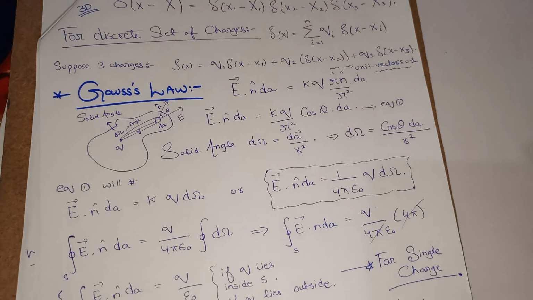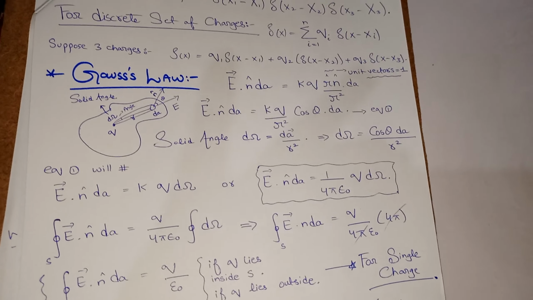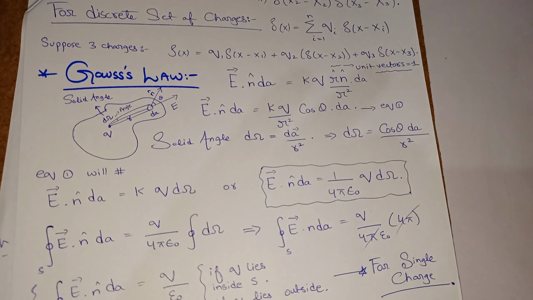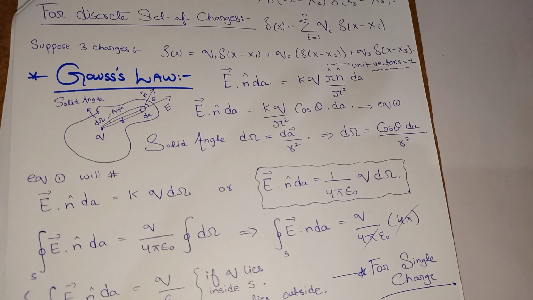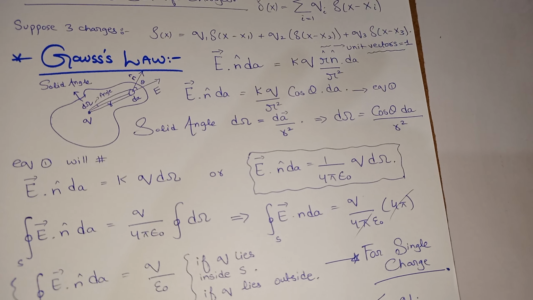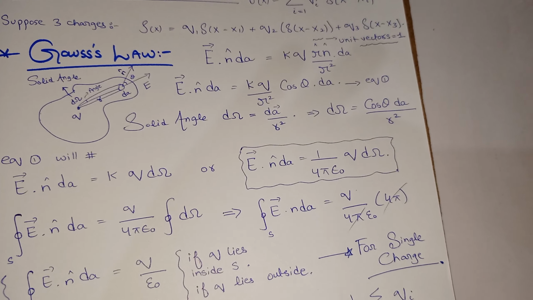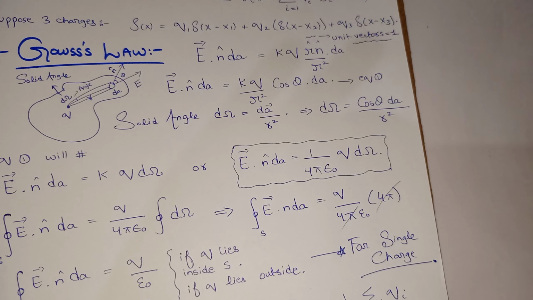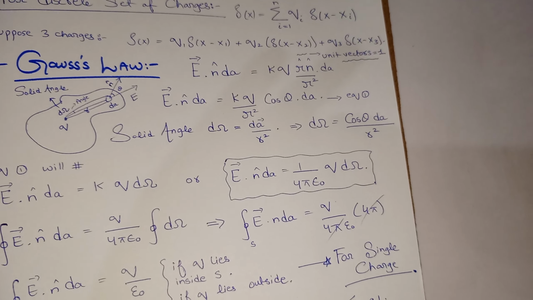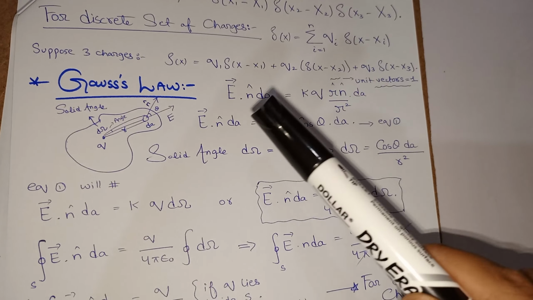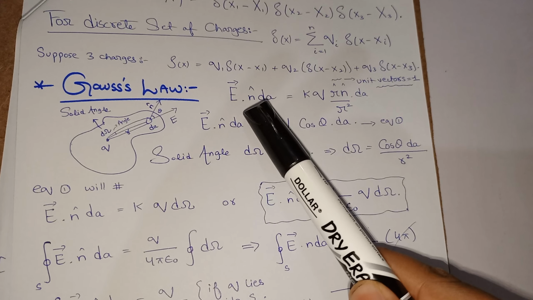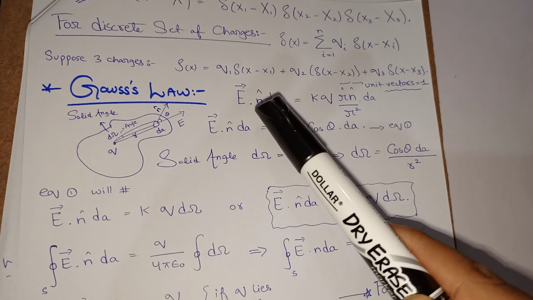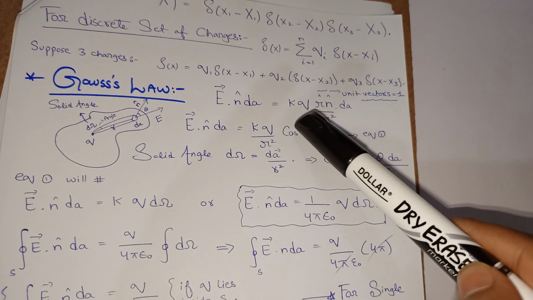Now Gauss's law is basically this: there is some charge inside a closed surface, and from that surface the electric field is going out, and you have to find that electric field. This concept is the so-called Gauss's law. So the number of electric field lines passing through some unit area dA, where n is the unit vector, is basically equal to